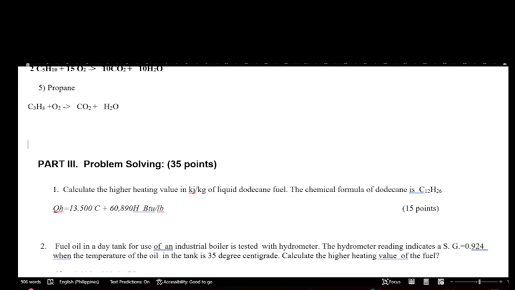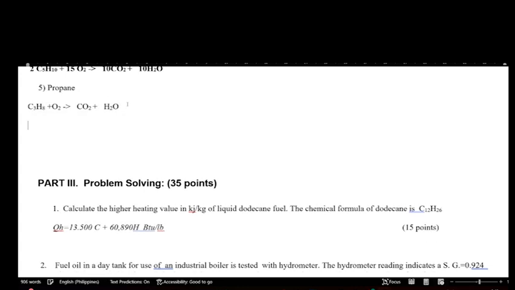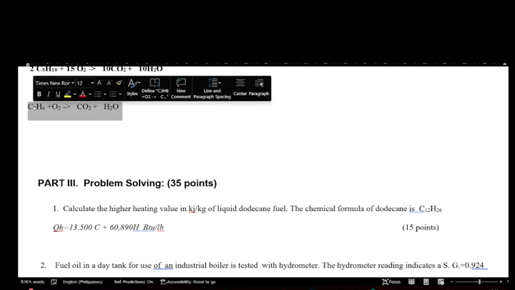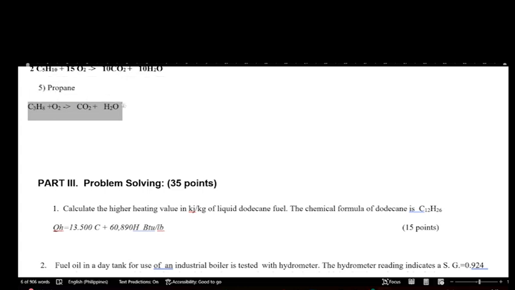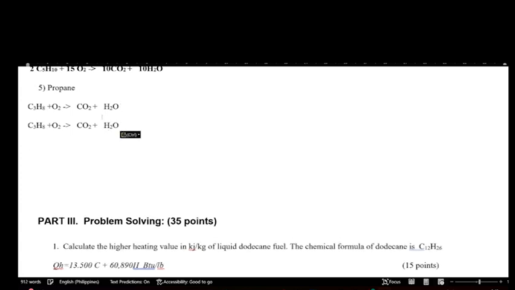Ano ba 'to? Propane. Propane, C3H8. Yung ginagamit natin sa mga gasol sa bahay, no? Propane yun. So we have this reaction. Papain muna natin para ma-retain natin yung original. Let us examine the carbon. How many carbons do we have in the left side? 3. So, sa right side, 1 lang. What do we do with this? Lalagyan natin ng